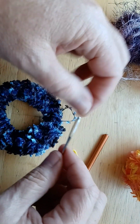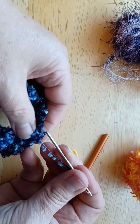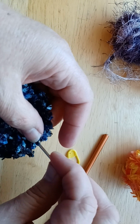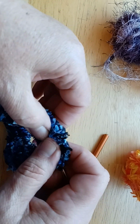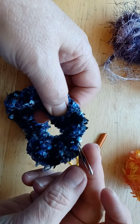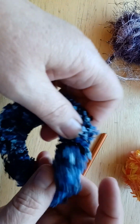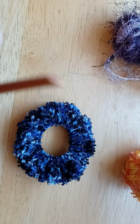Then I grab my yarn needle. This is probably an overkill, but that's okay. And then I just kind of weave it in like so, kind of going through some of the stitches. And then when I can't go over enough or go through the stitch, I just go like that. Find your band, weave it in, take your tail, and if I can get it on, there we go, and then just pull through, and voila, she is completed. And then you just stretch it out just a bit, and that is how I do the fun fur and novelty yarn